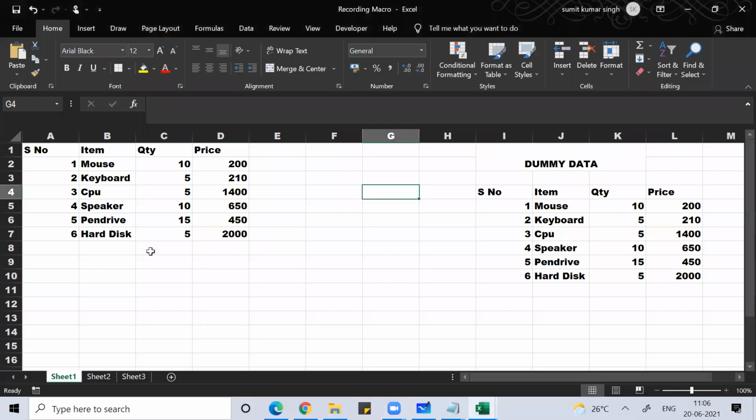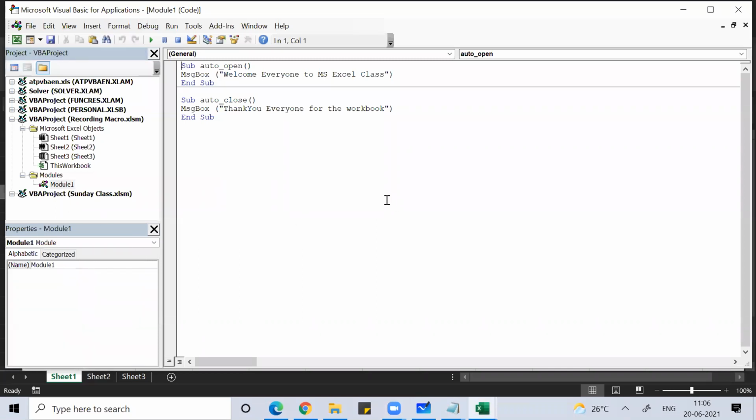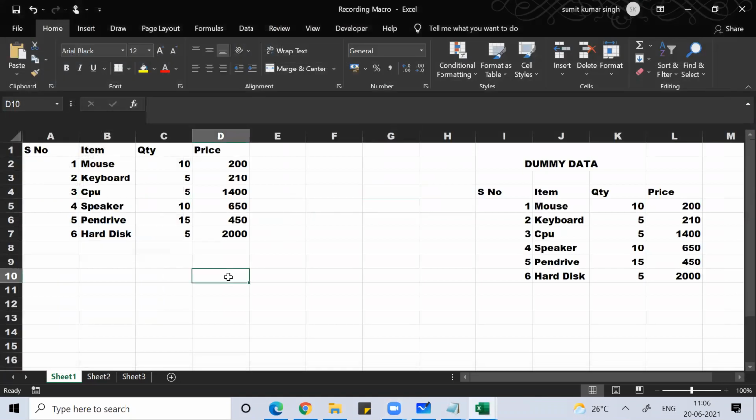So guys, you saw that we went to the Developer tab, Alt F11, and we wrote so many programs. We have learned writing programs, and it was a big event, what we just accomplished.